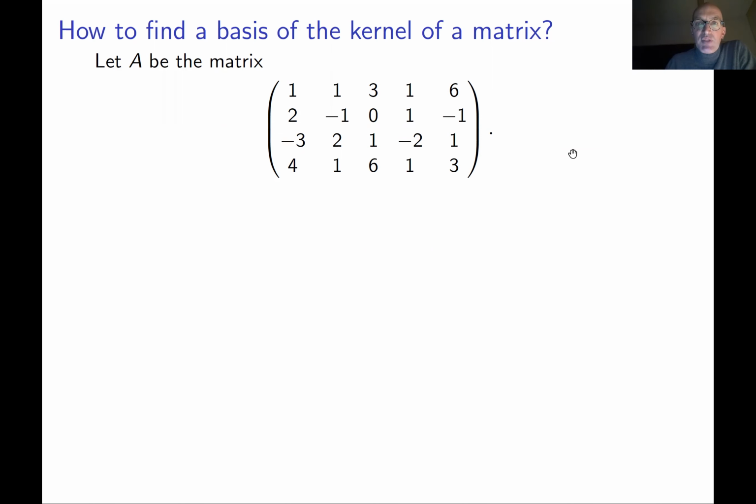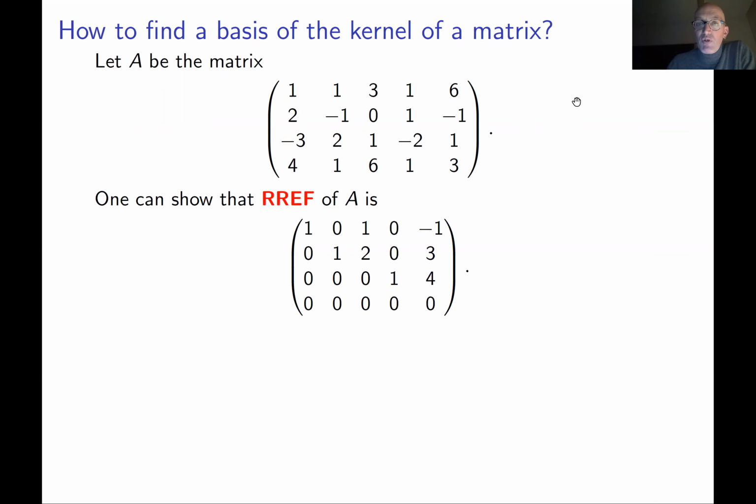In this case, you have this matrix, and you want to find its kernel. Its kernel is the solution set of the system of linear equations given by Ax equals 0, where x is a vector x1, x2, x3, x4, x5 in R5. You just apply reduced row echelon form. I didn't have enough space to do this on the slide because in this case it's a bit bulky, but you get this matrix. This is the reduced row echelon form of matrix A.